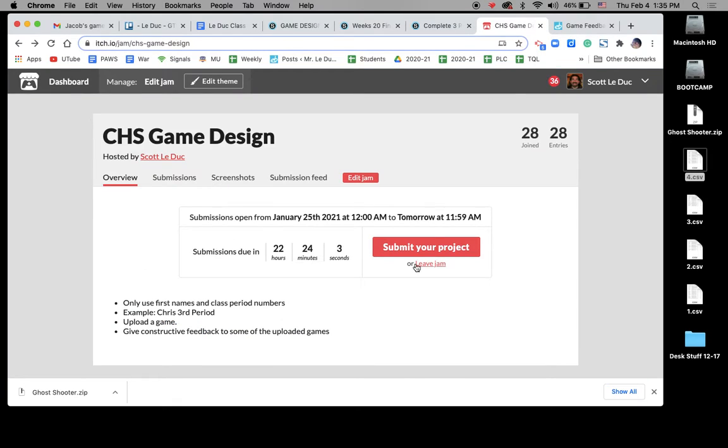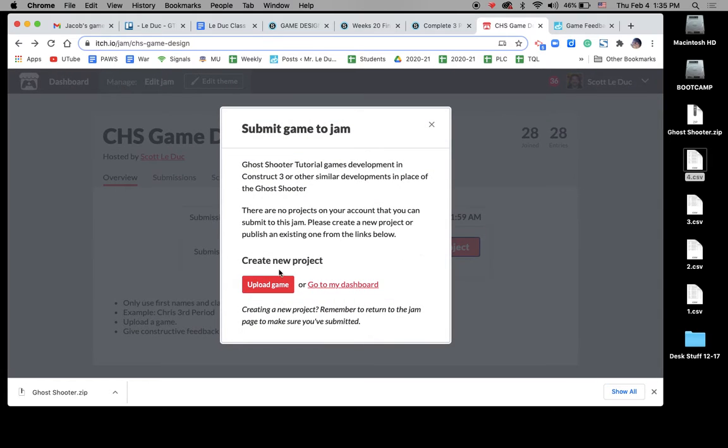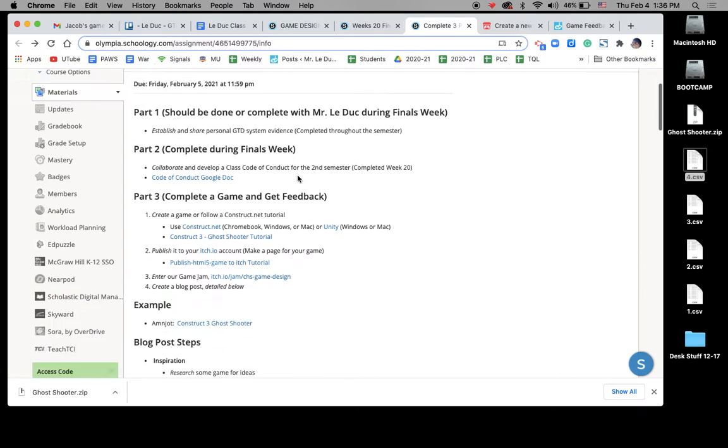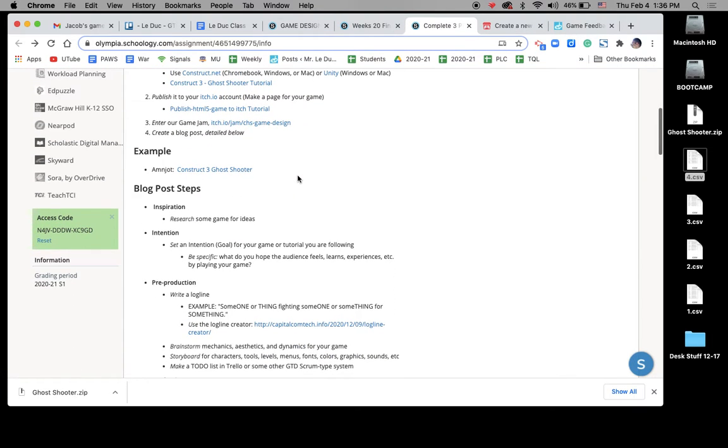Once we get here, we click Submit Our Project. We click Upload Game, and it's going to automatically ask us to make a page. Now, you'll notice that we're logged in here. I've asked students to create an account, and I have very specific directions we've covered in class when they make